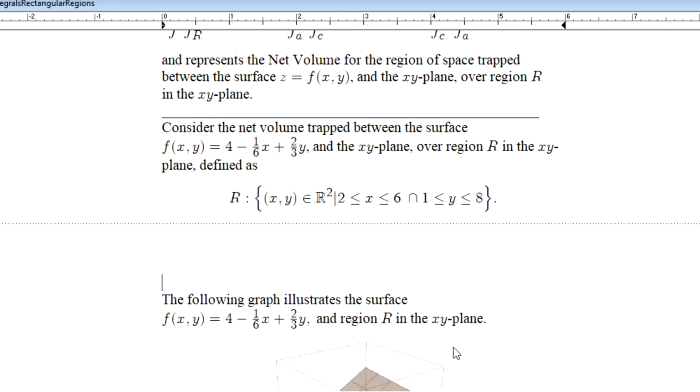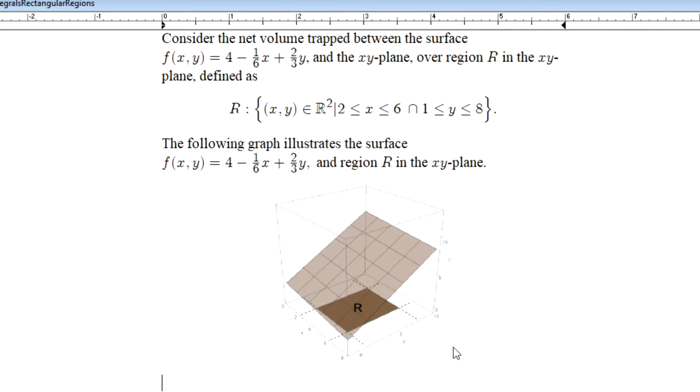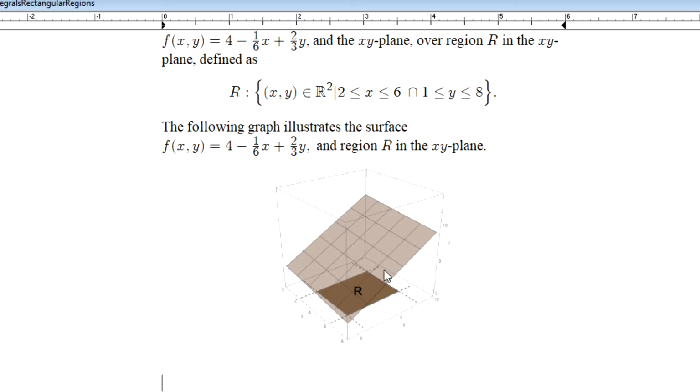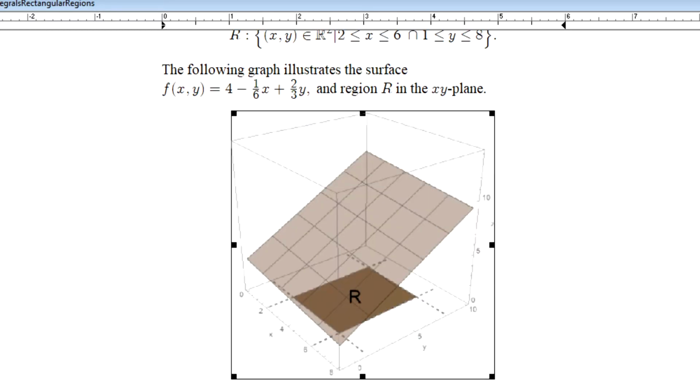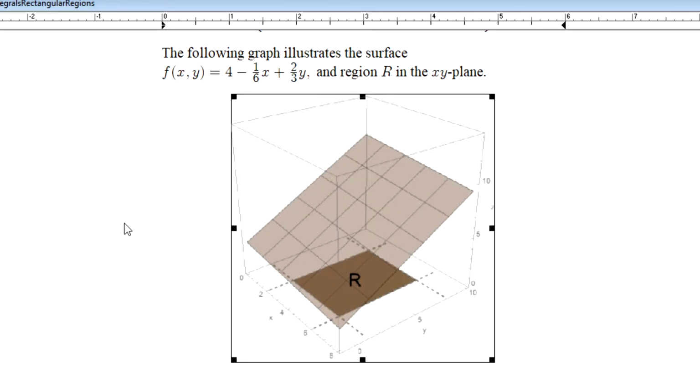The following is an illustration of this setup. Here we have our surface, the surface F, this semi-transparent surface in three-dimensional space that is highlighted with this square grid on it. That's happening in 3 dimensions over this region R that occurs down here in 2-dimensional space with respect to